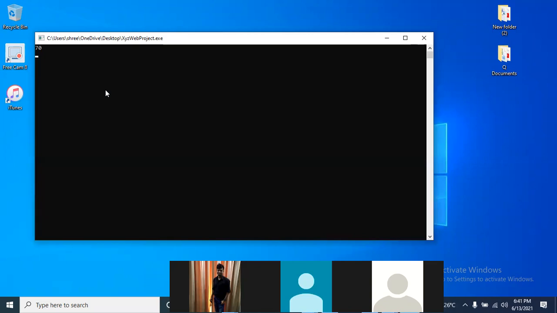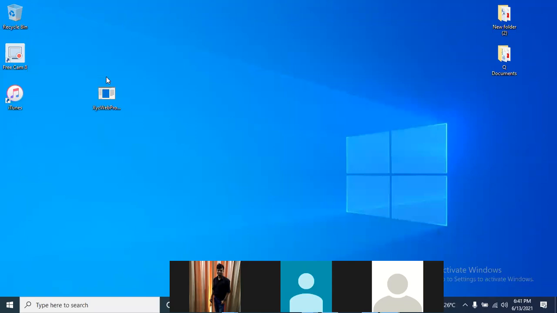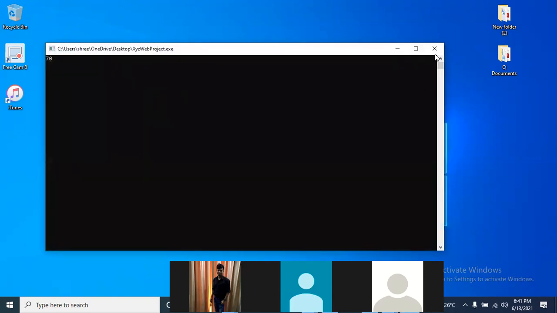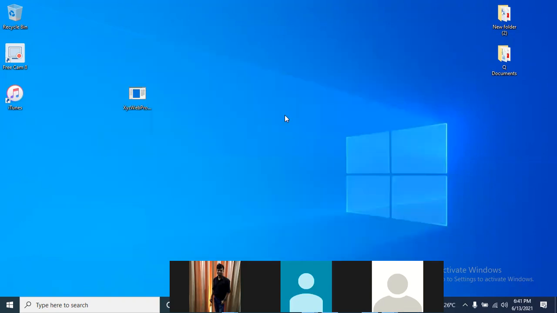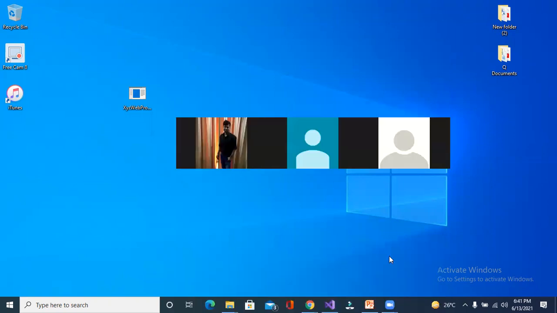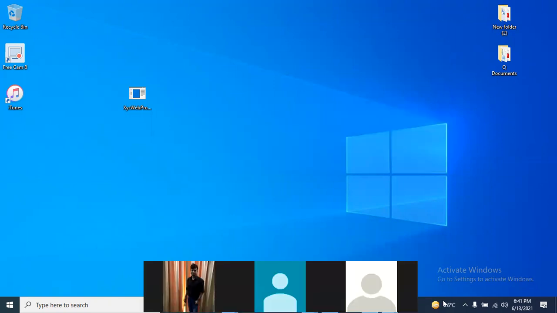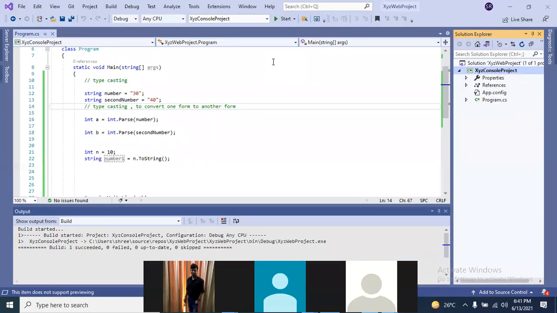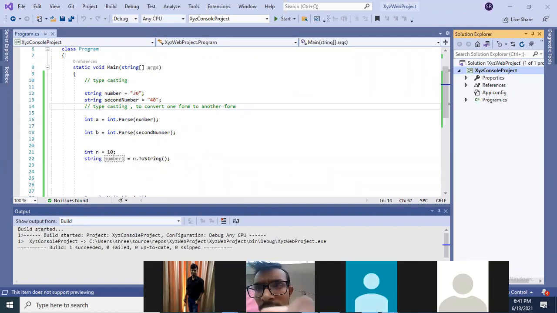If I share this exe with you on chat, you can run it on any machine, but the platform should be Windows. But in the case of C or C++, if you compile your code and try to run it on a different machine after compilation, it will not run. Getting my point?